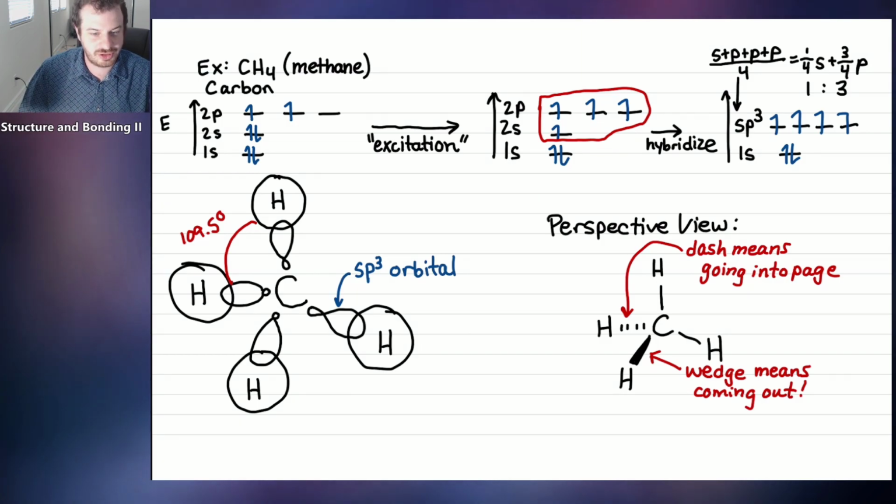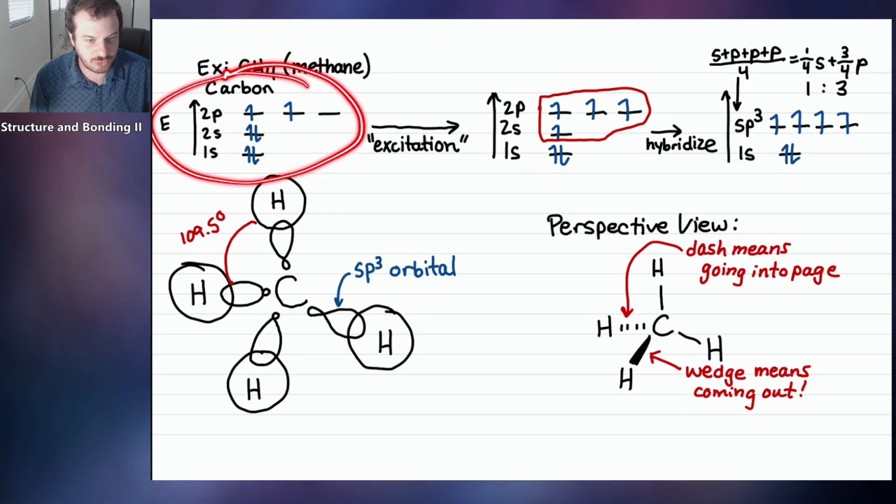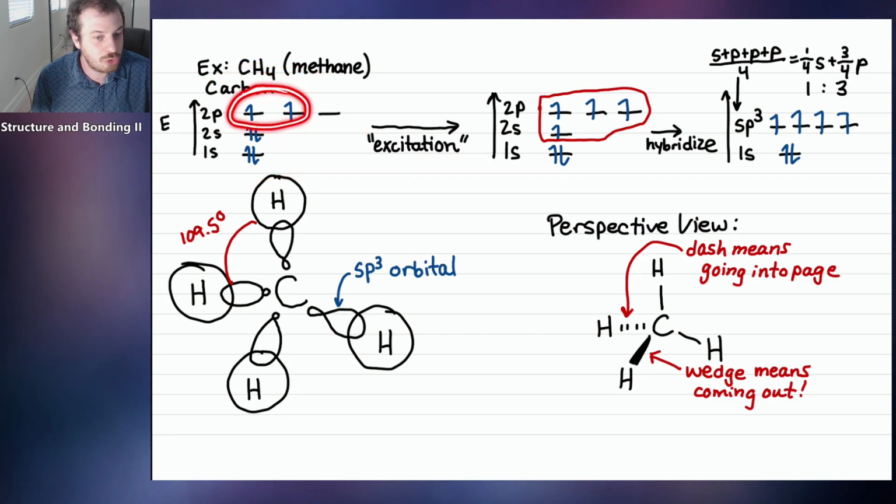I'm just trying to help you understand that there is this property called hybridization, which is the human way of trying to make sense of why compounds like methane have four equivalent bonds. Methane is totally symmetric. All the four bonds from carbon to hydrogen appear to be exactly the same. The issue was that the original form of carbon, when you draw its orbital diagram, doesn't seem to support that finding. It seems to say that you would only be able to make two bonds rather than four bonds because there's only two partially filled atomic orbitals.